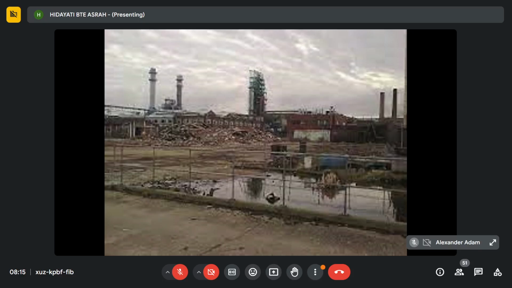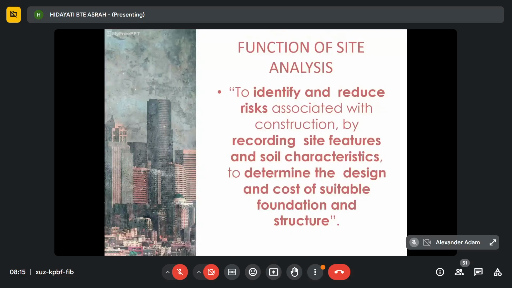So for this type of site, what you need to do is seal, stabilize, and also remove any contaminated ground, toxic waste, or other dangerous substances before you construct a building on this brownfield site. Okay. So based on all this information,